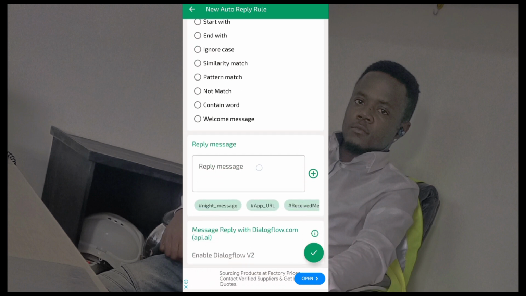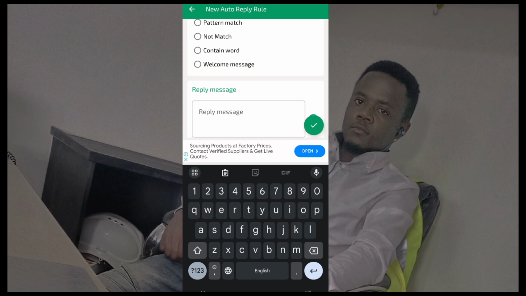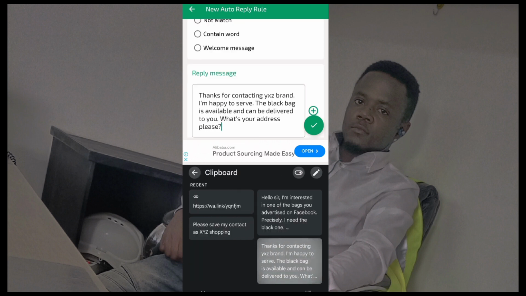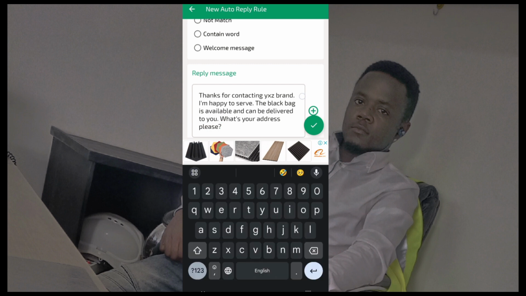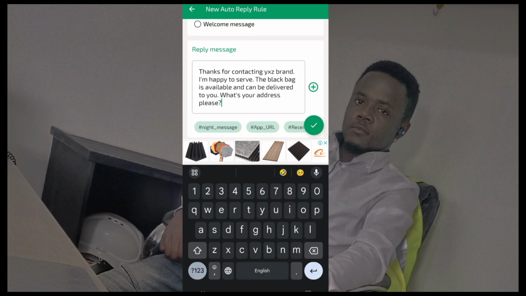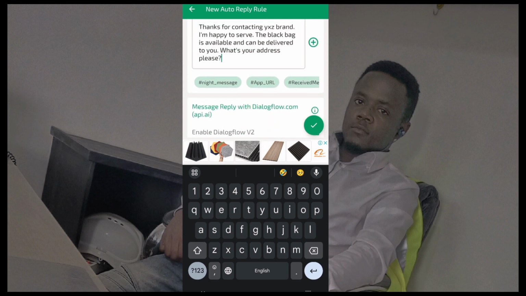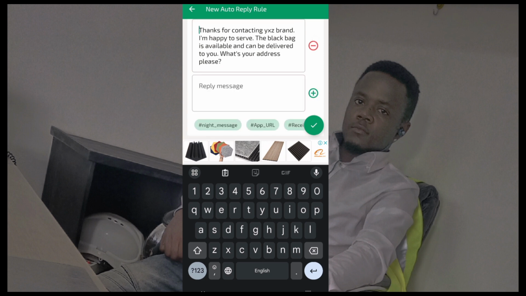Now you set a reply message. When somebody has sent this message to you, what next? What is your autoresponder going to tell them? I had already set a reply, and we say, thanks for contacting XYZ brand. I'm happy to serve. The black bag is available and can be delivered to you. What's your address? If you want to add another reply, which is what I usually like to do, you can add